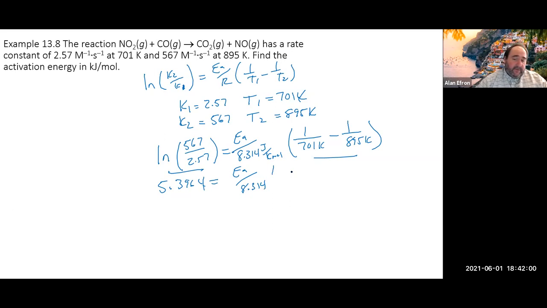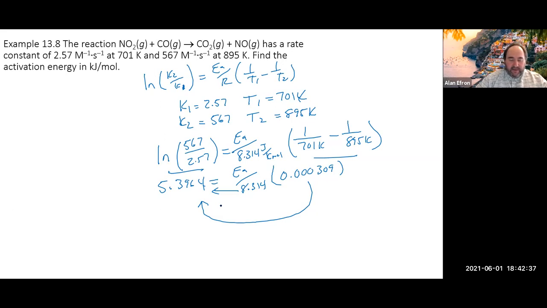And if we clean up what's inside there, 1 divided by 701 minus 1 divided by 895, I think it was, that's going to give us 0.000309 here. We then are going to multiply the 8.314 to the other side and then divide. So we're going to multiply this to that side and then divide by that, basically. So if we do that, we're going to take 8.314 times our